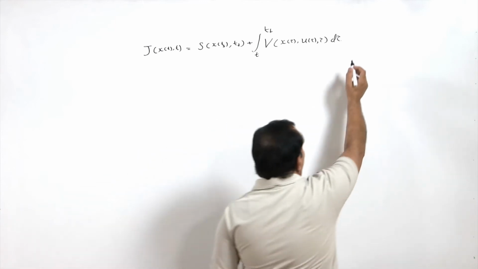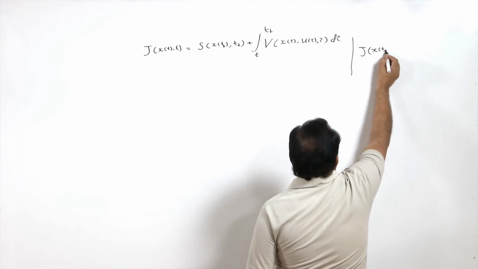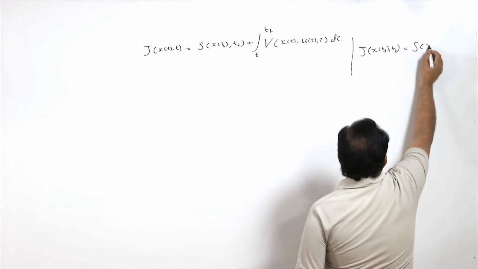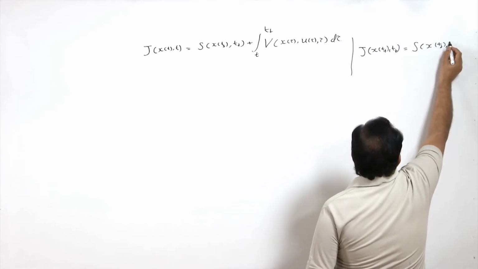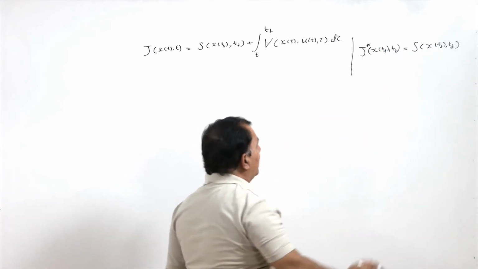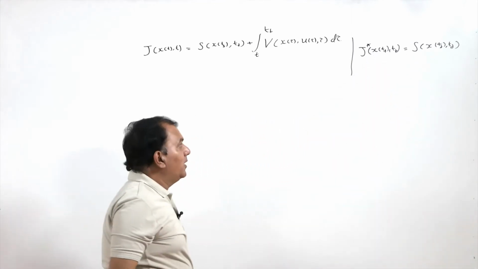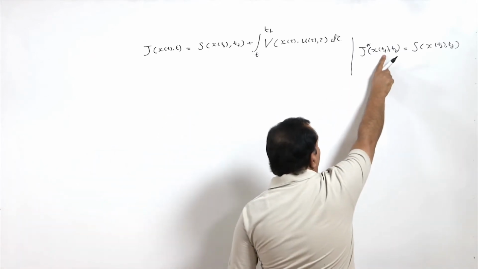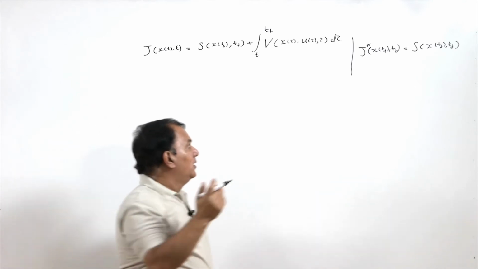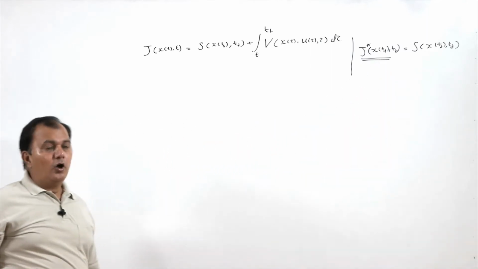If I write the boundary point, J of x of t f is nothing but my S of x of t f. So, this is my terminal point. At the terminal point, this is the only cost which is involved. So, I can say this will be my optimal cost at the terminal state x t f, because x t f is my final state. Beyond this I am not transferring. So, at this terminal point, whatever the cost is, I can say that will be my optimal cost.